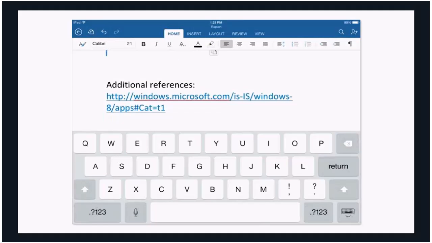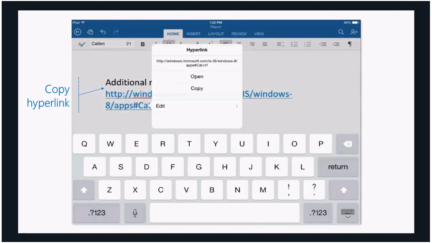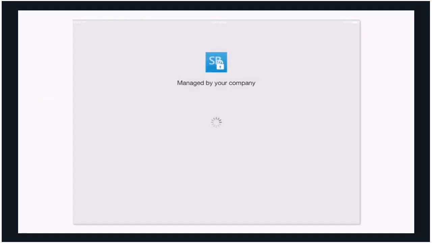So great, I've got my Word document up. I need to do a little bit more work because I've got a URL that I want to look up that contains some more information. I'm going to go ahead and grab this URL and cut and paste this so that I can go take a look at it. Now remember, because it's a managed application, I can't just cut and paste this into an unmanaged web browser. I need to actually have a corporate controlled web browser. So that's where we get into what the corporate controlled web browser experience looks like, which again, is just another